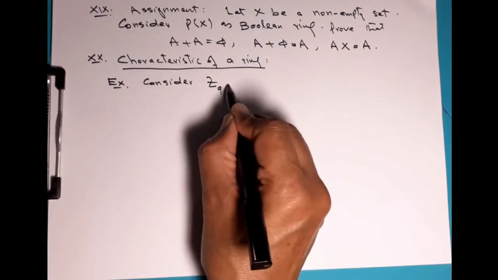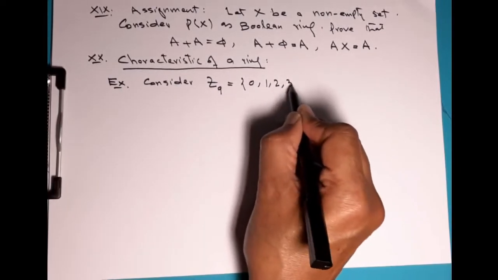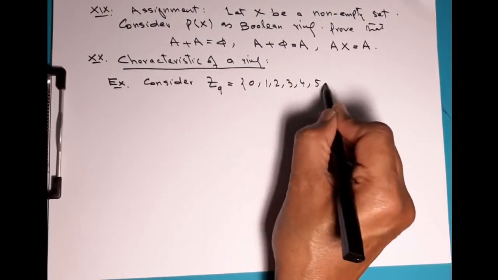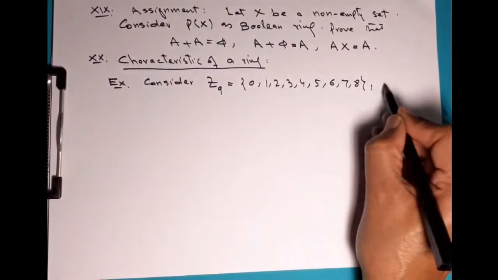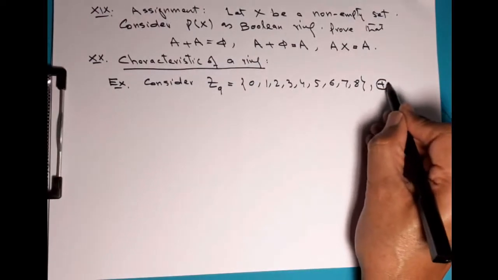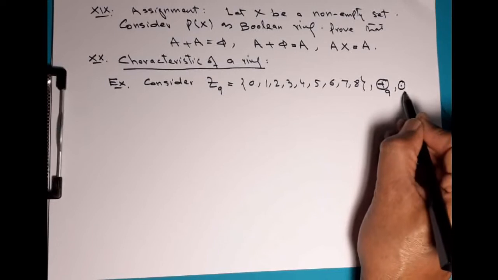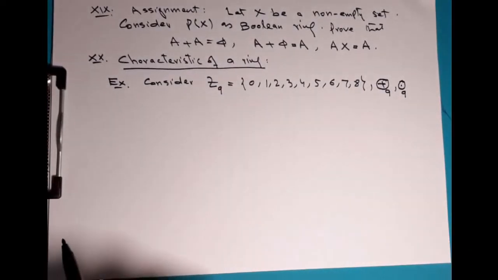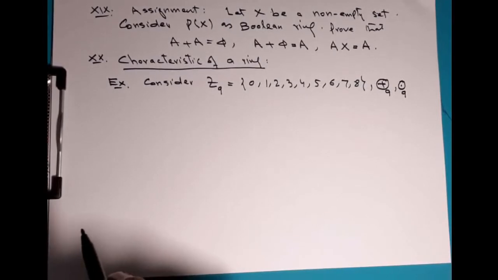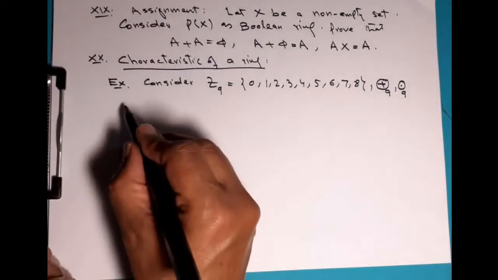You know Z9 is 0, 1, 2, 3, 4, 5, 6, 7, 8, and the operations are addition modulo 9 and multiplication modulo 9. We have to add and then divide by 9 and accept the remainder only. Then we have to multiply and then divide by 9 and accept the remainder only. So consider Z9. We note that